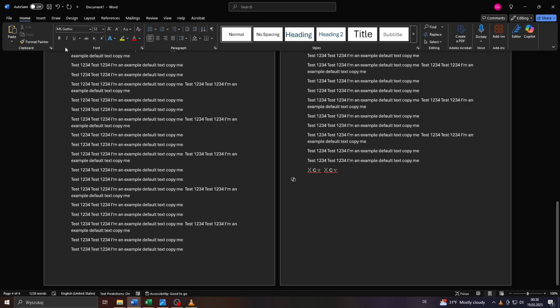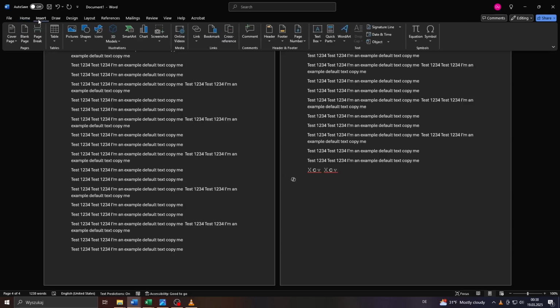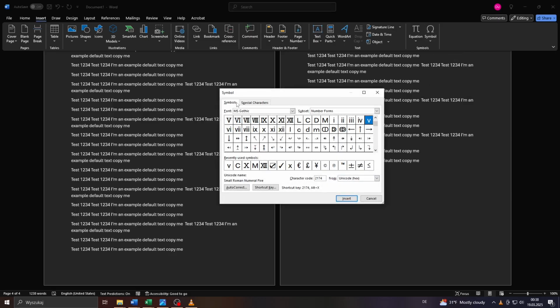So what you want to do, guys, here on your text document is click on Insert here at the top and take a look at that menu of tabs here at the top and select Symbol here at the very right hand side, and below that you will see a list of available symbols. So what you want to do is gain access to more symbols by clicking on it,